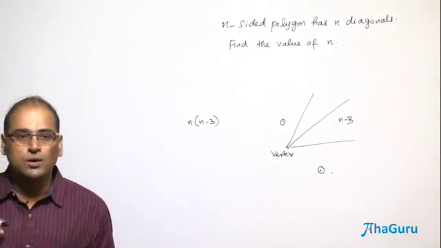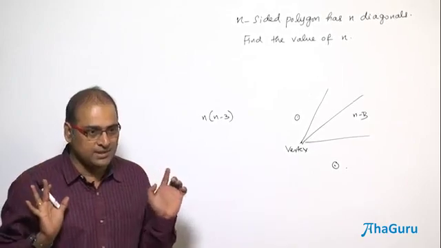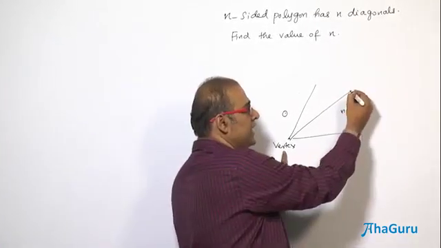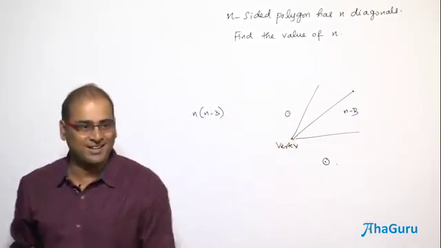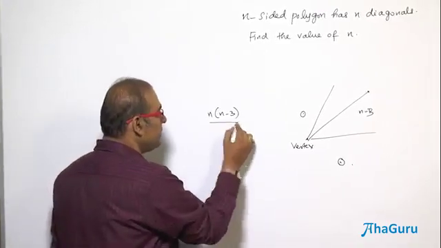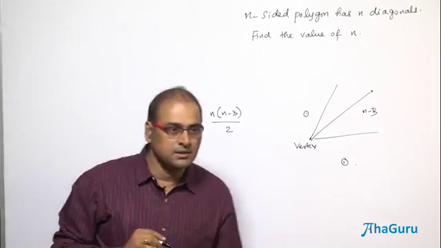Do you carry extra counts? You will carry extra counts. Yes. Why? Because with this as primary, I would have counted this diagonal, but with that as primary, I would have counted the same diagonal. So the same diagonal is counted from both ends. So you divide by 2. And what is this? The number of diagonals.